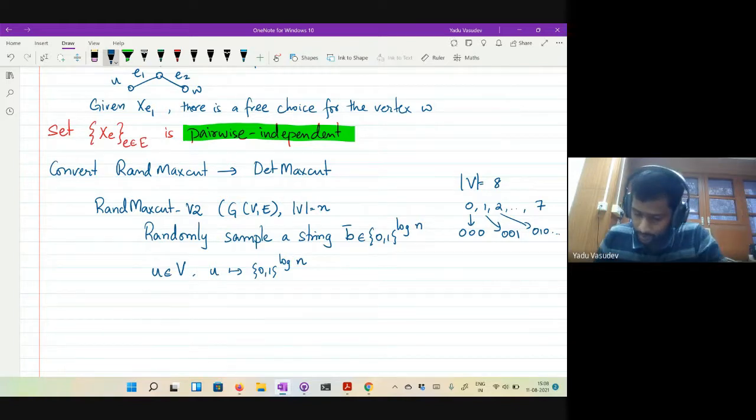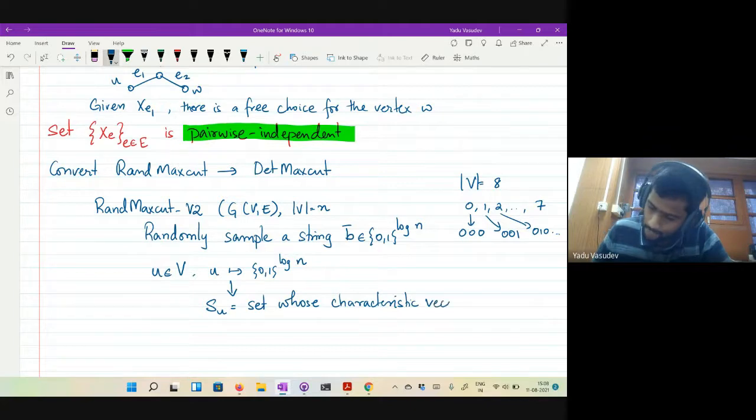And corresponding to this binary string, I can also think of a set S sub U, the set whose characteristic vector is this string.